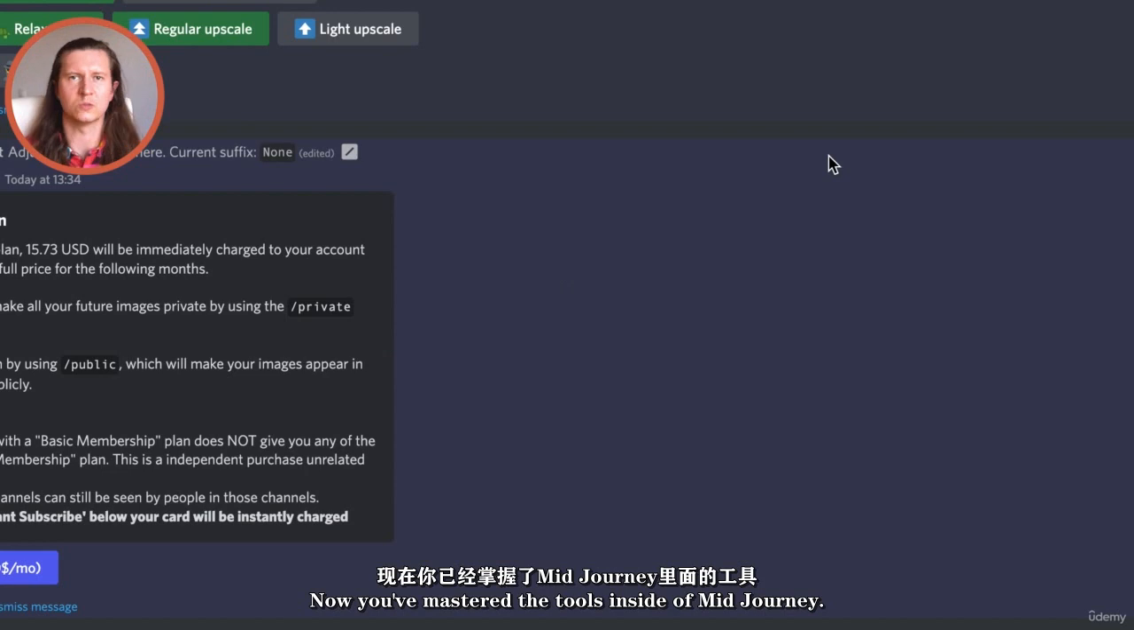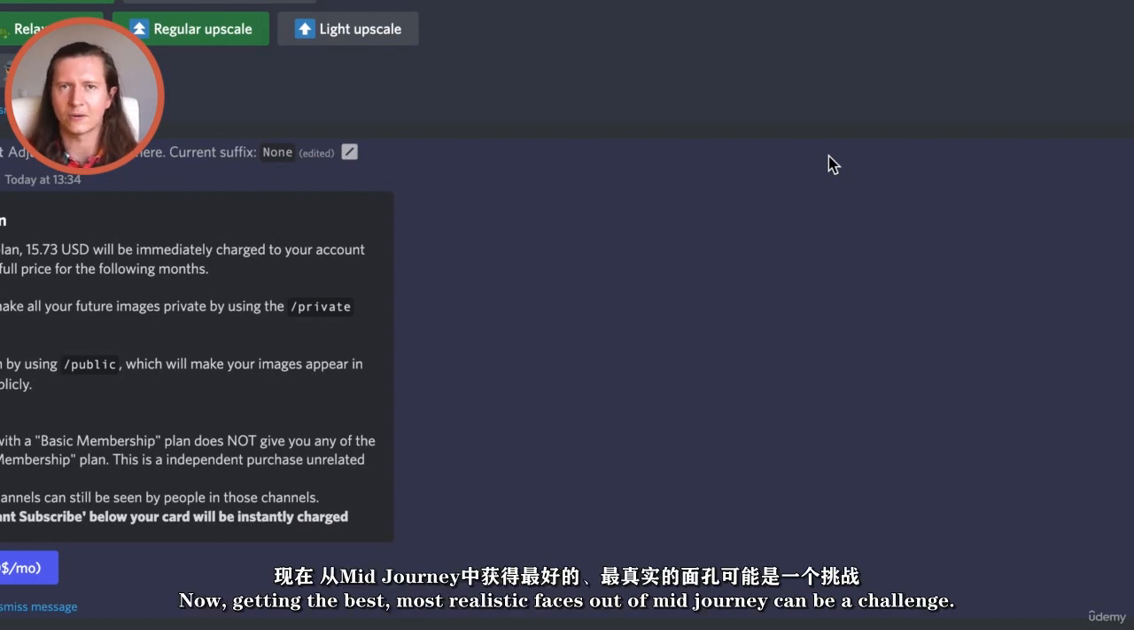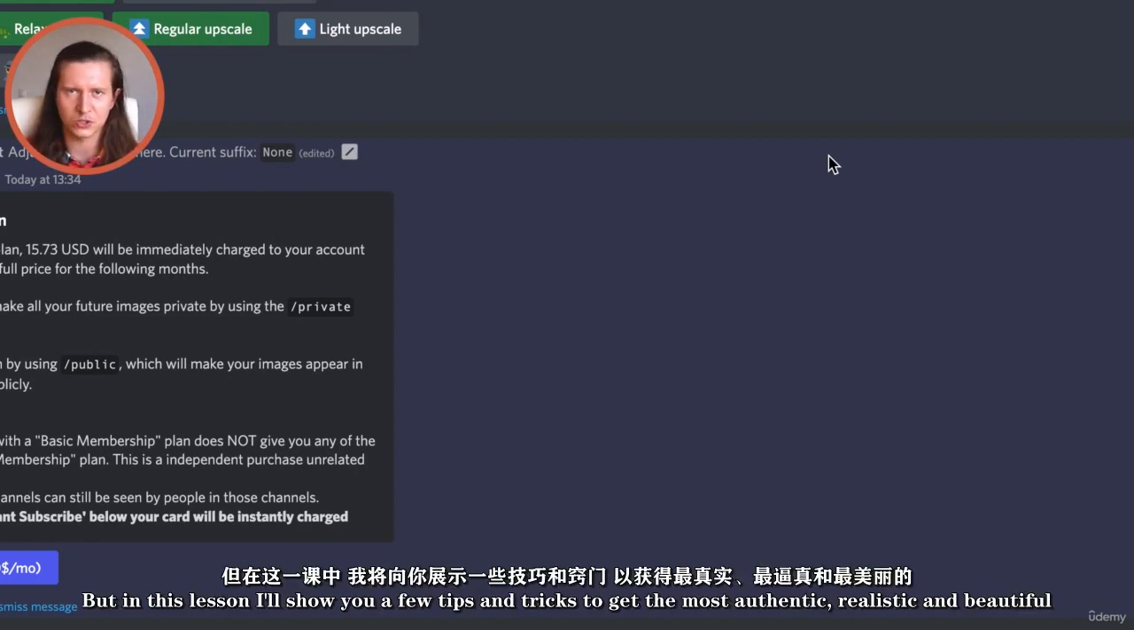Now you've mastered the tools inside of Midjourney, it's time to start creating your favorite pieces of art. And that might involve using faces. Getting the best, most realistic faces out of Midjourney can be a challenge. But in this lesson, I'll show you a few tips and tricks to get the most authentic, realistic, and beautiful